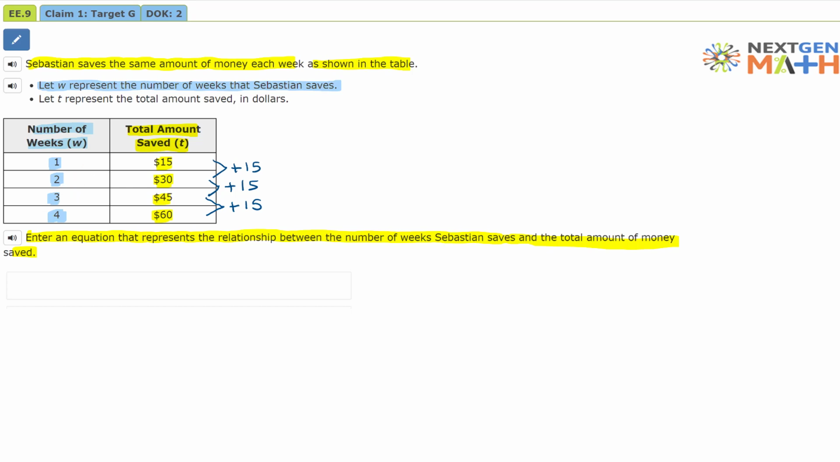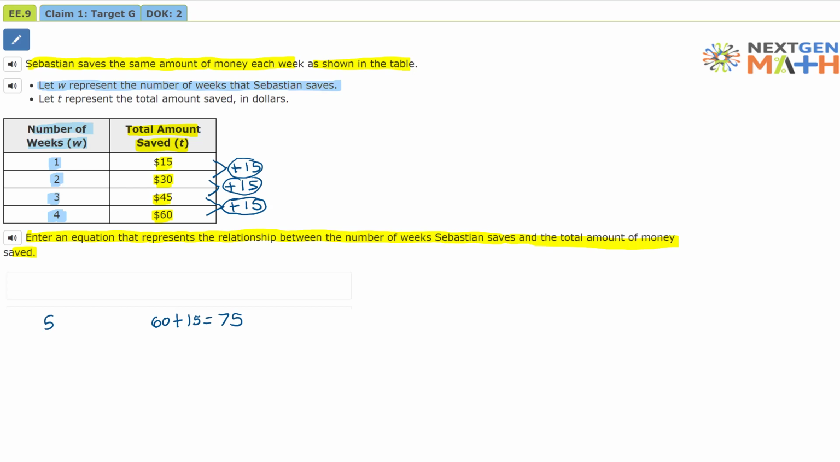So let's see if we can predict how much money we would have if there were, let's say, 5 weeks. For 5 weeks, we would go 60 plus 15, and that is equal to 75. But is there another way to predict it? Well, what if we take this idea of increasing by 15, and it looks like repeated addition, which is